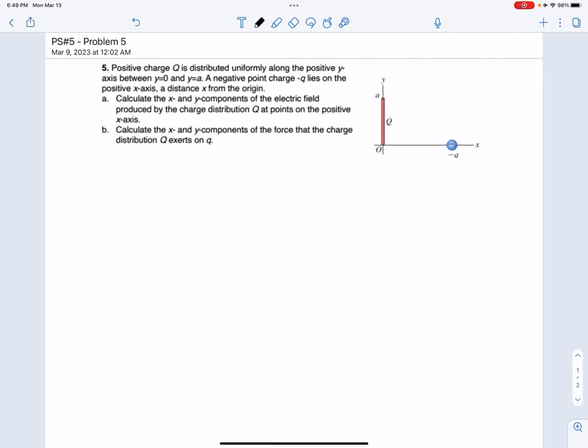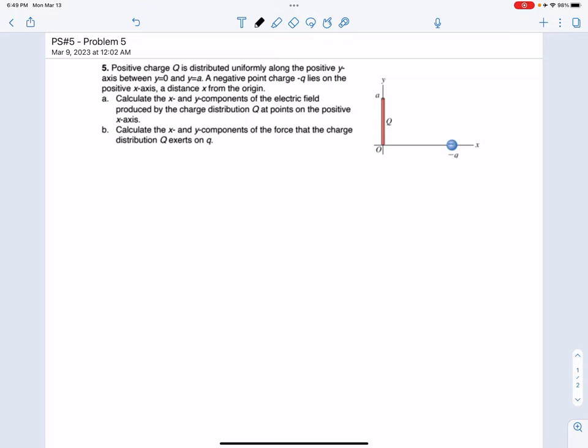This is problem set number 5, problem 5. Positive charge Q is distributed uniformly along the positive y-axis between y equals 0 and y equals a. A negative point charge, negative Q, lies on the positive x-axis, a distance x from the origin. Calculate the x and y components of the electric field produced by the charge distribution Q at points on the